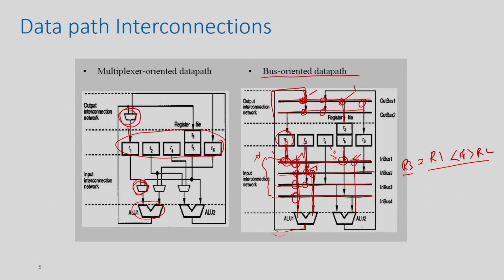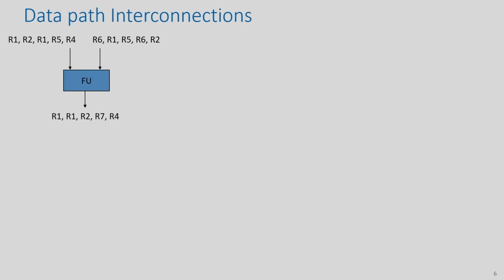So, your optimization objective is to identify the minimum number of buses and minimum number of switches. Okay. That is the optimization objective, whereas in the mux based connection your optimization objective is to identify the minimum number of muxes. What is the minimum number of muxes needed, that is the optimization objective. We will discuss this in detail in this class. So, we understand this. We have already explained what this mux based connection is. I can actually explain again what the bus based connection is.